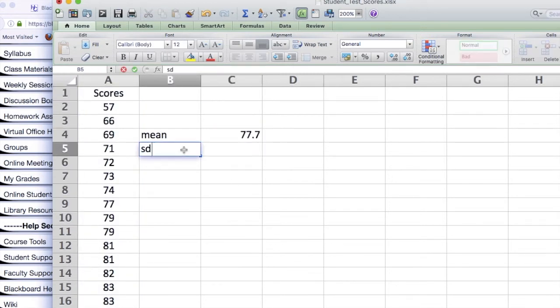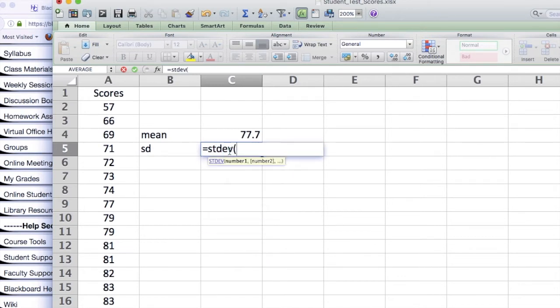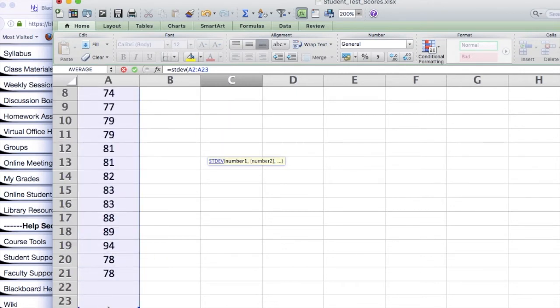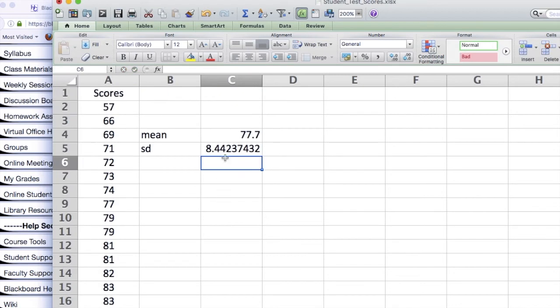77.77. The standard deviation. Notice I'm spelling that out. I'm not writing a sigma for mean or standard deviation. I might write an X bar. I might have called this X bar, or I might have called this SD, right? It's a sample that we're finding the mean and standard deviation. For a population, we use the Greek letter like sigma or mu. In fact, let me see if I can do that. Let's see. So